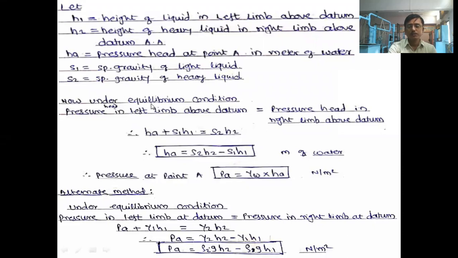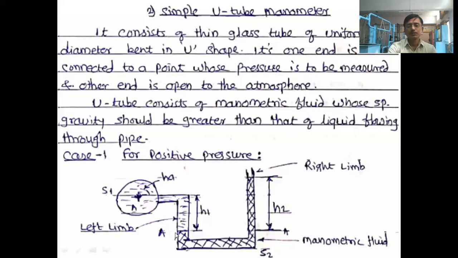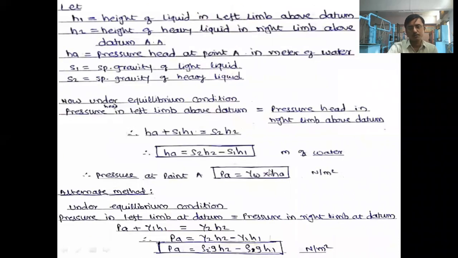Now under equilibrium condition, okay, ज्यावेळेस equilibrium condition reach होते त्यावेळेस काय करायचं आपल्याला, we have to find out the pressure intensity or pressure head at the datum. Okay, see here, this condition we are going to use henceforth for every manometric problem under equilibrium condition. Under equilibrium condition, pressure head or pressure intensity at the datum, we are going to compare, and we will find out the equation for that particular condition. Now, under equilibrium condition, pressure head in the left limb above the datum must be equal to the pressure head in the right limb above the datum.